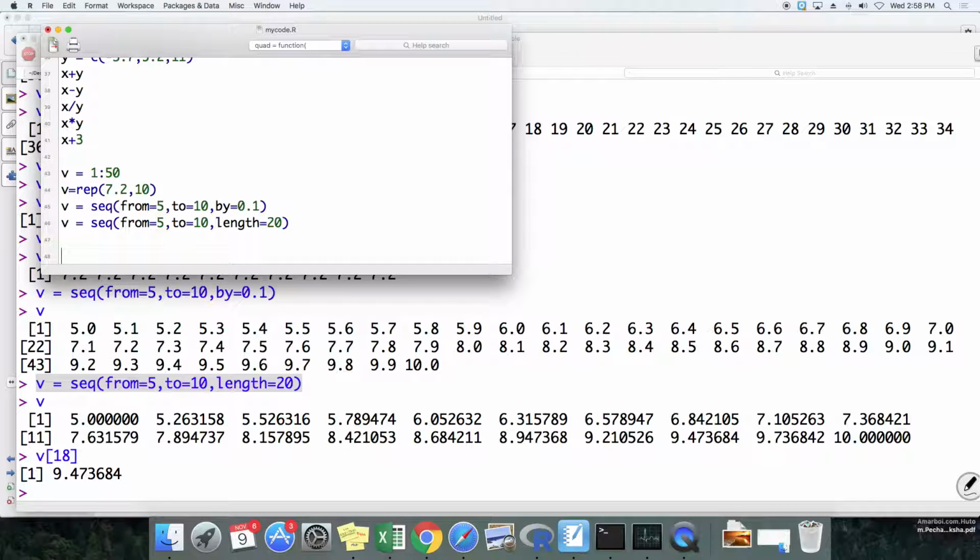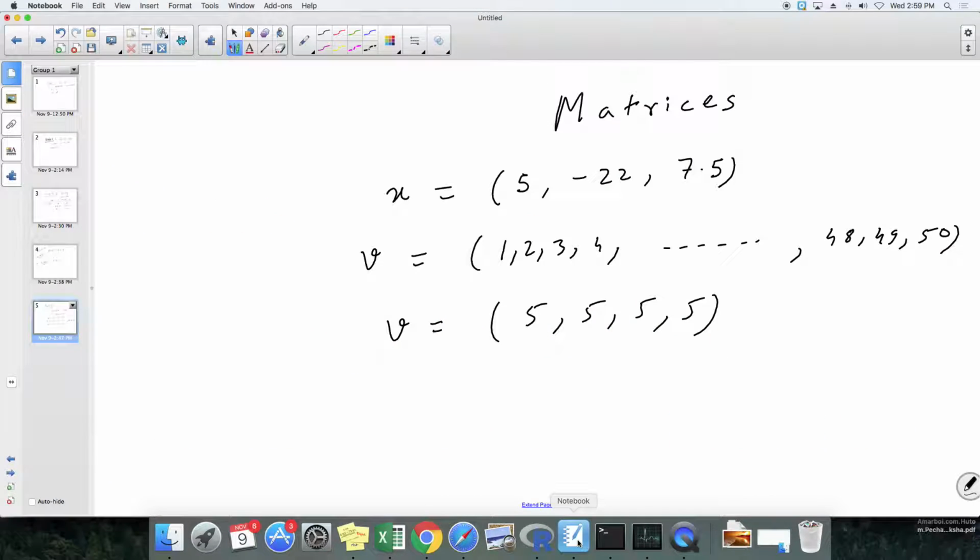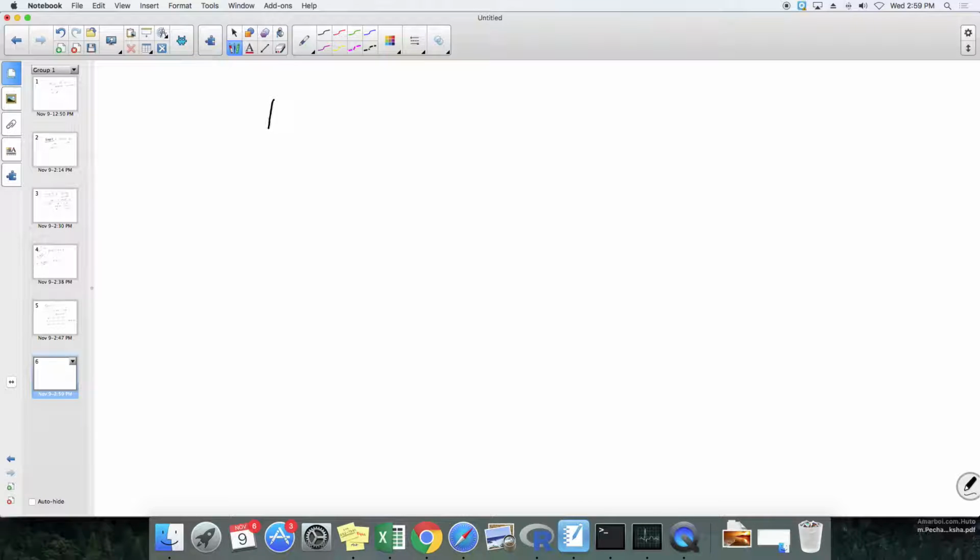Okay, so that's all about initial stuff about defining vectors. Now suppose I want to define matrices. Suppose A is the matrix